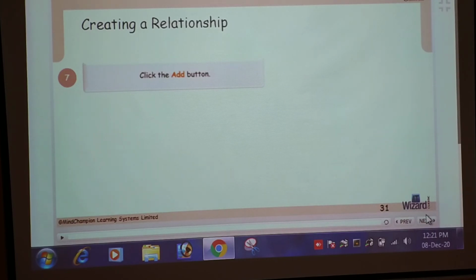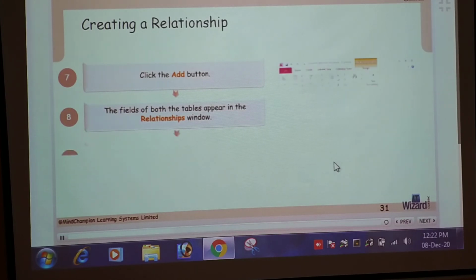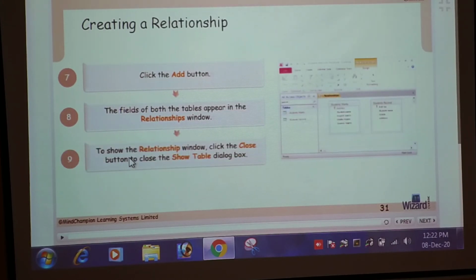Then click on the Add button. The fields of both the tables appear in the Relationships window. Then click the Close button to close the Show Table dialog box.